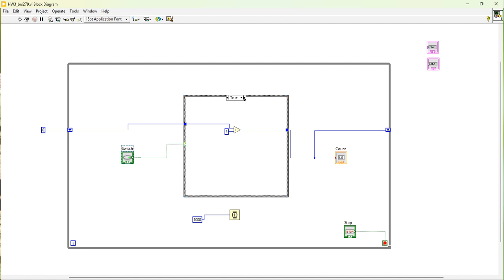And then for the false case, it's set up very similarly, except with a subtraction block instead of addition, and the number is 2. But then, so that it doesn't go below 0 on the count, that amount is fed into a greater than or equal to 0 block, and then